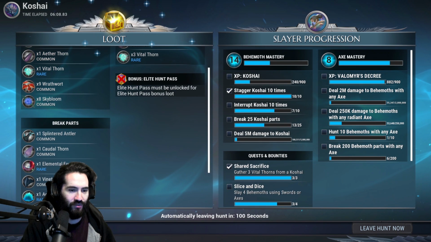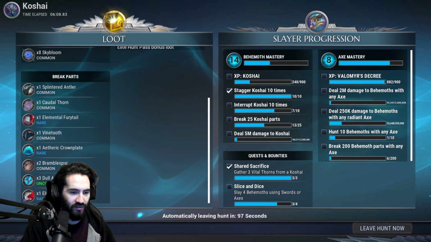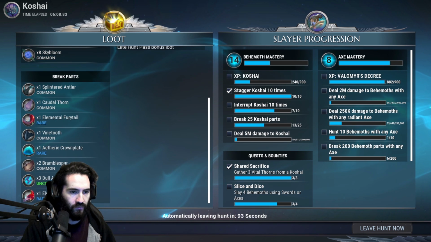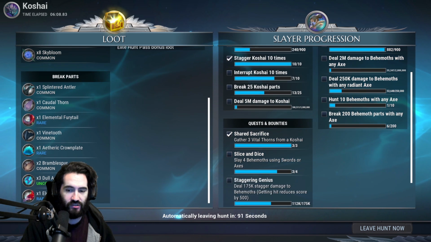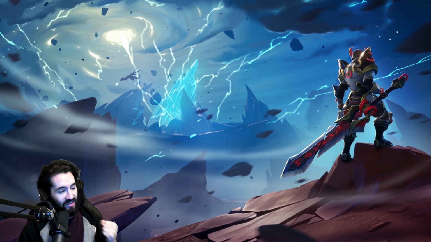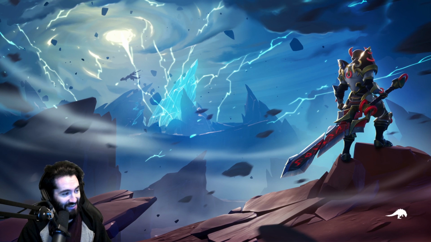So we got Aether Thorns. Let's see, Caudal Thorns, I think is it. We might need to rerun another. That might be the tail, actually. Vital Thorns. We got it. Shared Sacrifice should be complete. Nice. That is sick. All right, let's...